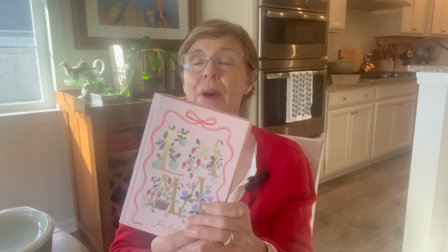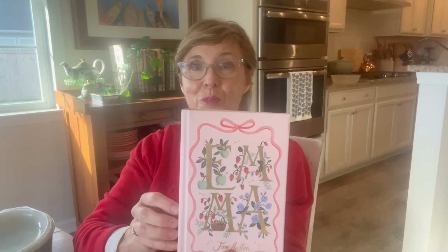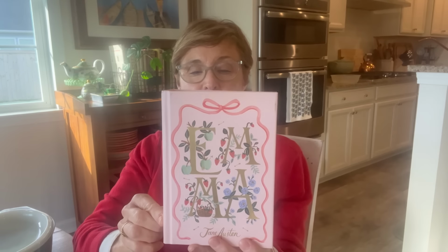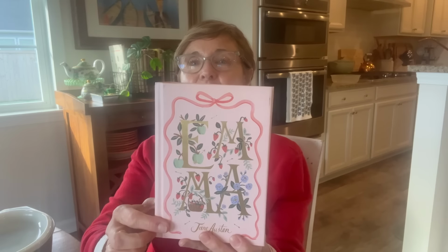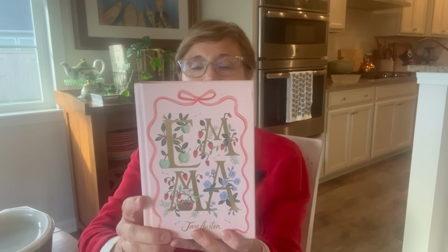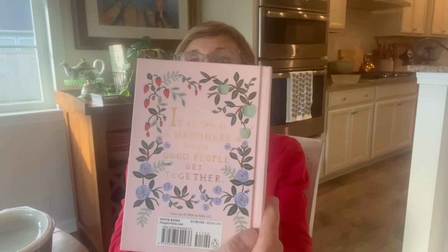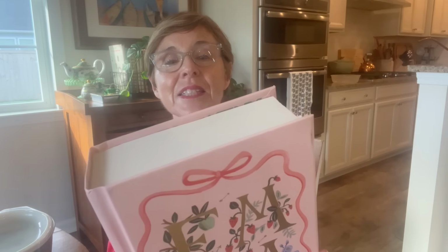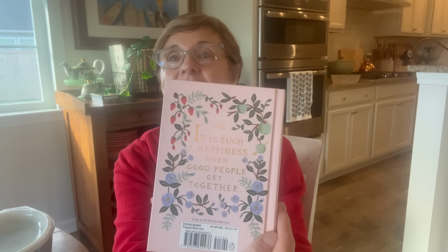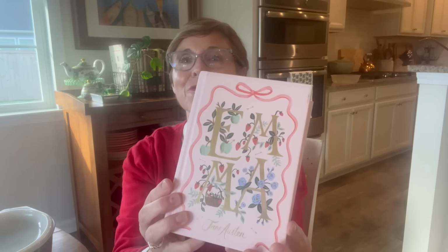Also by Jane Austen, I purchased Emma, and these are for my summer reading this summer. This is also the Penguin Bloom version. How gorgeous is this book? Again, you have this beautiful pink cover that says Emma, and then the back has a quote on it. And the quote says, "It is such a happiness when good people get together." Really beautiful. And then finally, the third Jane Austen book that I purchased in the Penguin Bloom edition was Pride